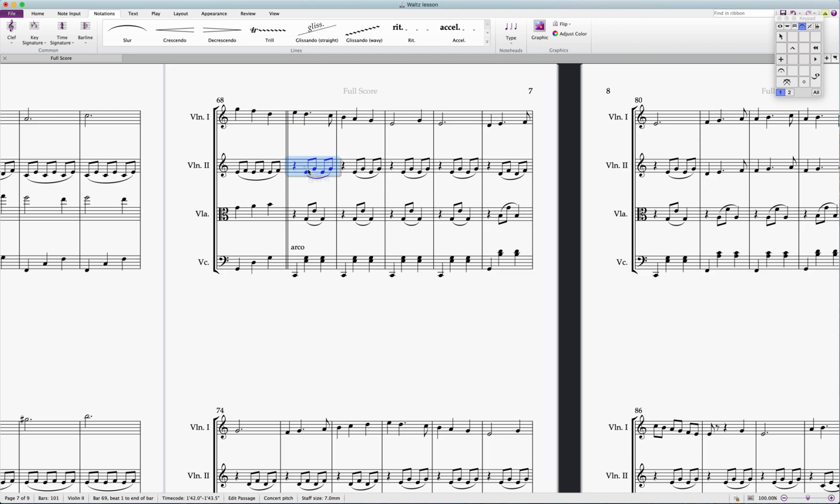So in the middle parts, I have put in a much more active part. It was simply an oom-cha-cha before. What I've done is I've put the cha-cha onto the cello part. So if we just have a look at that, and I've got it double stopping. So essentially, I have got all of my inner parts just on the cello part, which frees these guys up to do something else. I've got a little feature here, and